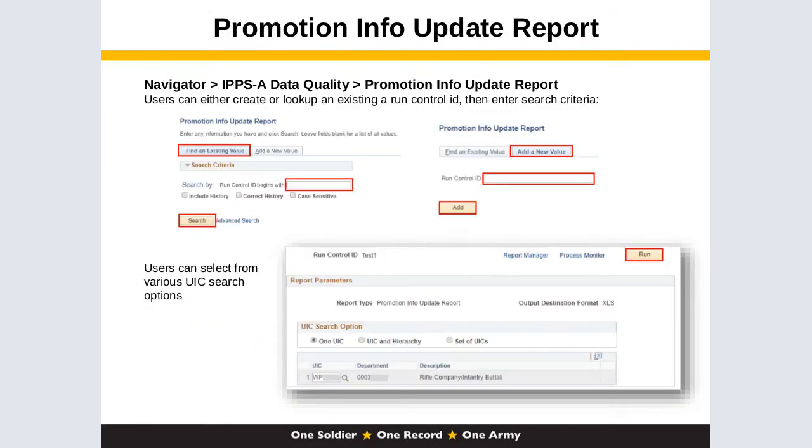All right, now we will go into ways that IPPS-A notifies users that a correction is needed. So the promotion info update report is a data quality report that helps users identify promotion mismatches within job data. The quick path, a very easy path, is listed on the screen: Navigator, then IPPS-A data quality, and then promotion info report,